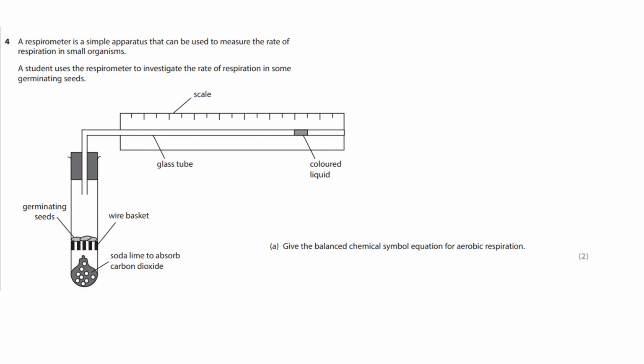So we have some germinating seeds, we have some soda lime to absorb CO2, and we have our colored liquid over here, and this is our scale. Okay, so the first question is, give the balanced chemical symbol equation for aerobic respiration. So aerobic respiration is basically our reactants are going to be glucose and oxygen, and they're going to give us CO2 and water. So glucose is